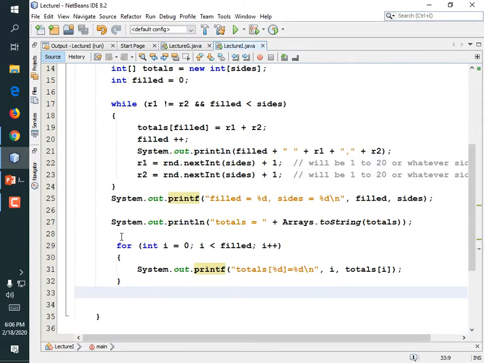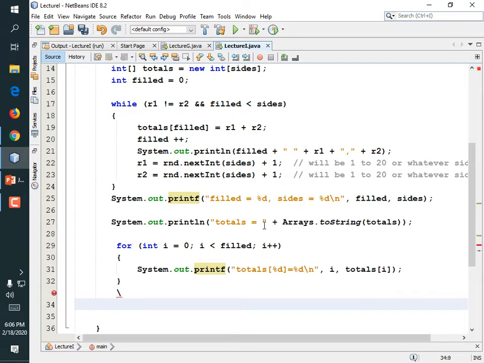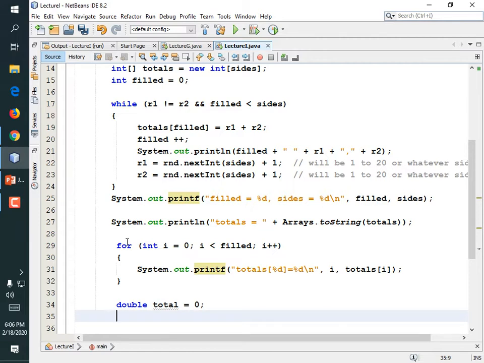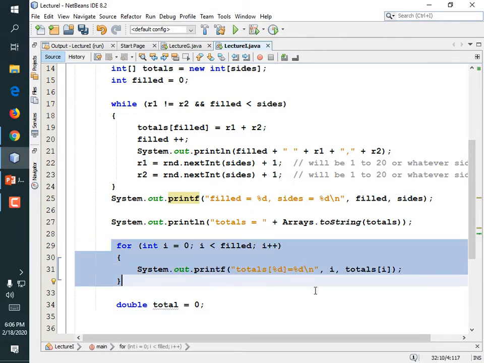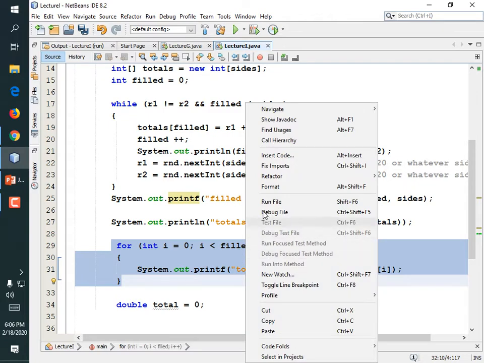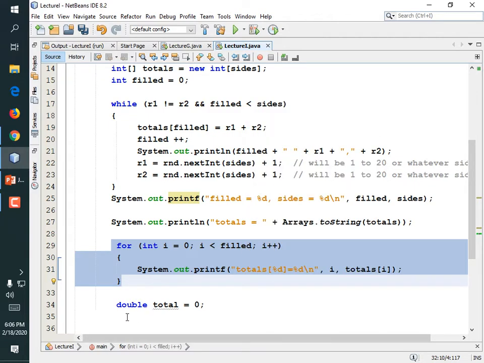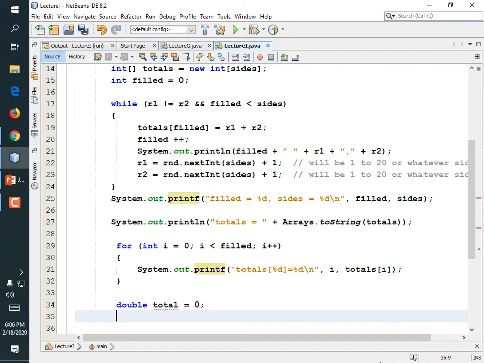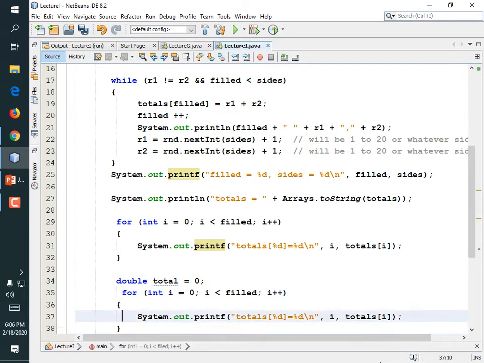Hope that makes sense. And sure, if we wanted to calculate the sum and the total and stuff like that, I like to declare my total variables as doubles so that I don't have to worry about integer division or rounding down. So double total equals 0 semicolon. And then just copy that for loop. I don't even feel like typing it again. I'm lazy. Copy it, but delete the print statement and replace it with total plus equals. Right? So paste it and replace this with